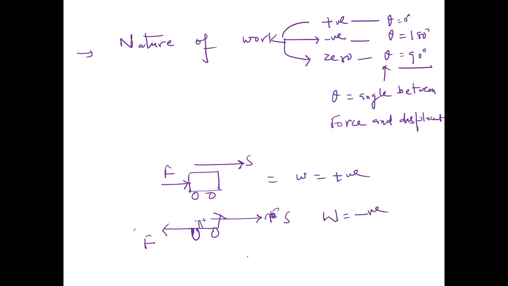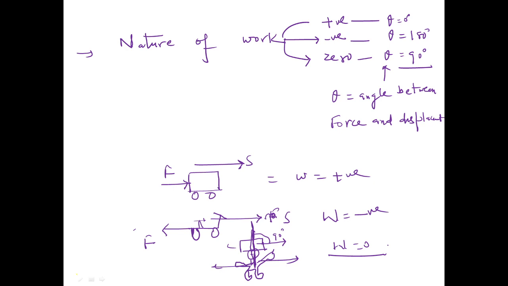And suppose there is a coolie. This is a coolie, and he has put a certain box over his head, and he is moving to the right or to the left. So in all this, the force is only perpendicular, and displacement is either to the right or to the left. So in all the cases the angle between force and displacement is 90 degrees, so work done will be 0. So I think you understood all these things. Okay,